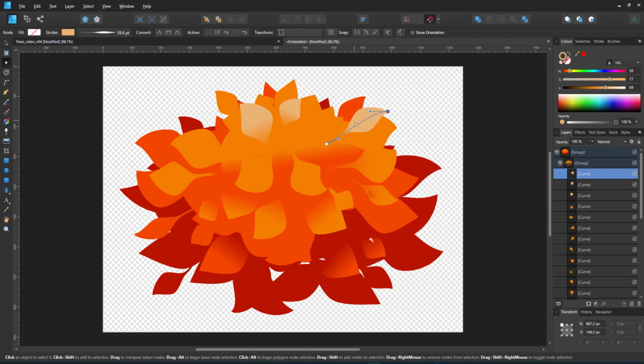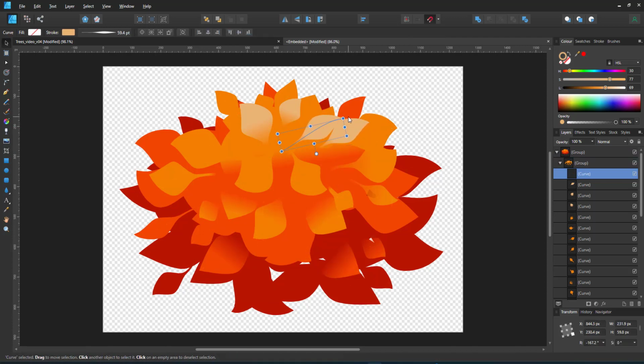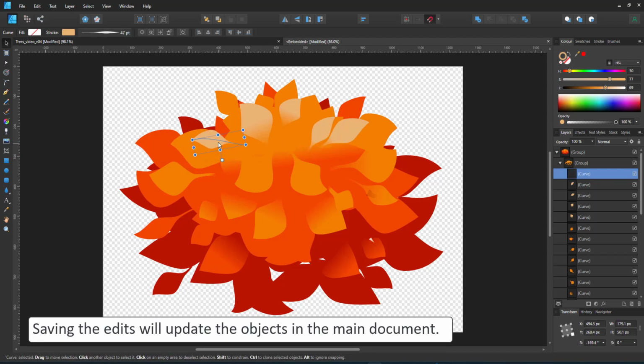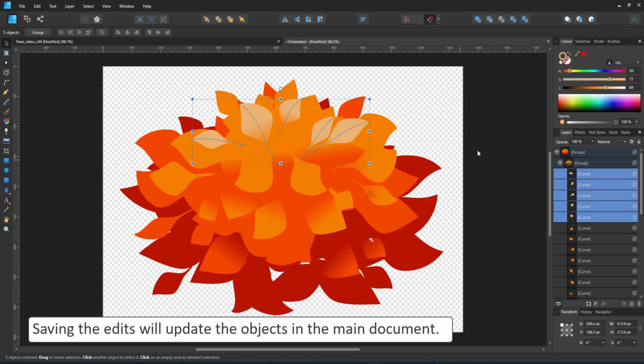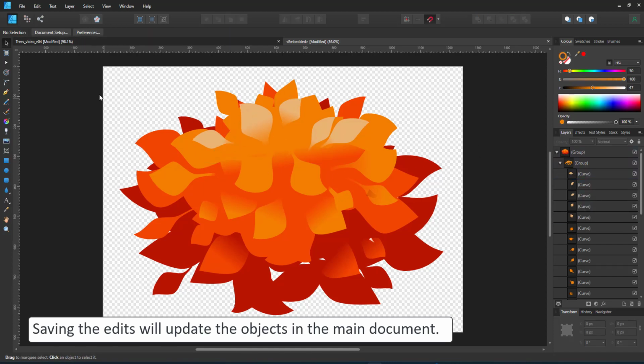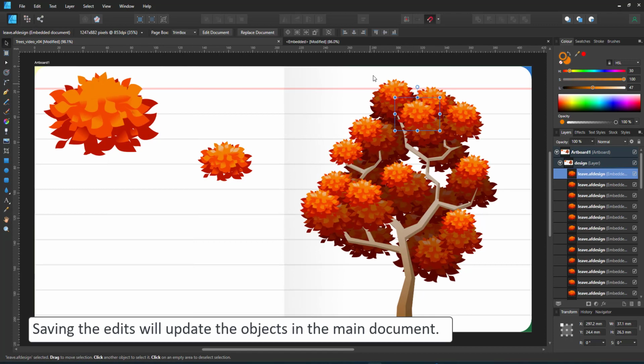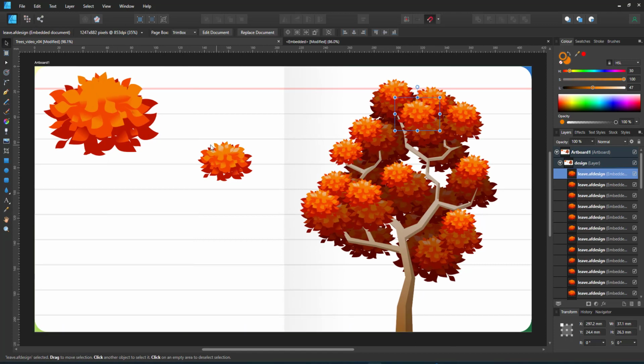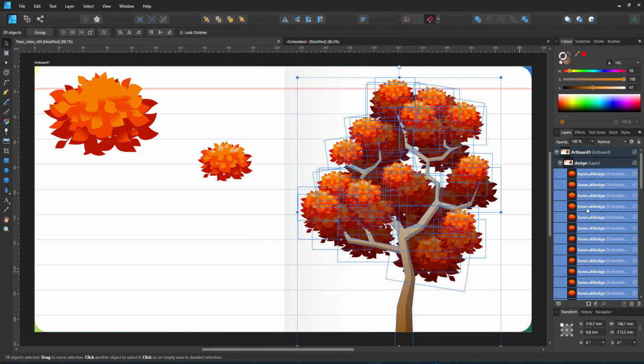Once I save this or close the tab, it will be in my original design. There we go, the new version has the lighter leaves and it has them in all the copies of the